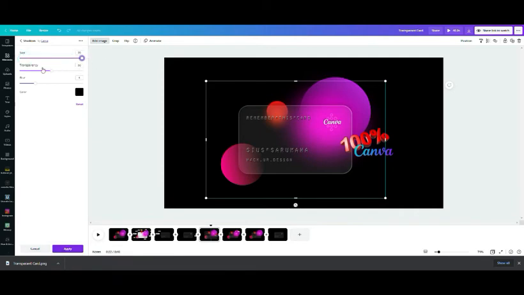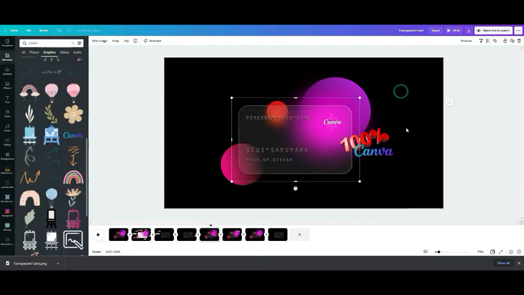So the setting that I put in here is size 40, transparency 100, blur 20, and color black. So that's why there's a shadow here, and you can see clearly here, right? Okay, so that's the setting that I made,